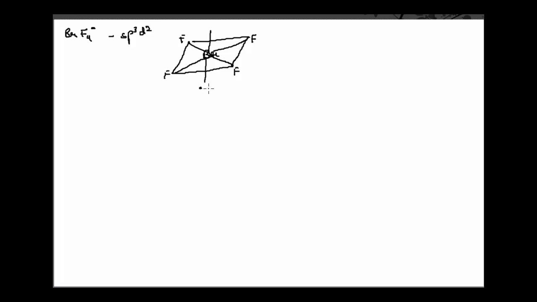And finally I have BrF4 minus. BrF4 minus, if we try to draw its structure, this will be quite similar to XeF4 because again the hybridization would be sp3d2, and at the central position we will have a bromine atom, and then we will have 4 fluorines at 4 corners, F, F, F and 1 F over here, and finally we will have 2 lone pairs. Okay, so this will also be a square planar structure. Okay, so this is the second structure.